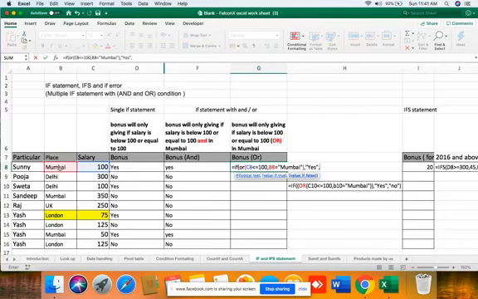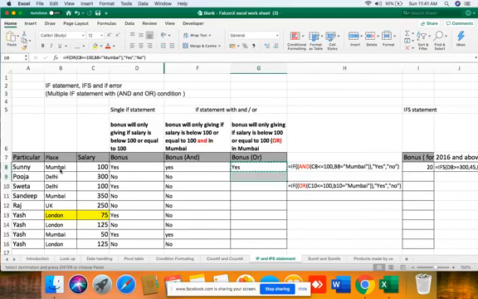As you can see here, one condition is fulfilled, that salary is equal to 100, that's why it's coming yes. Here Mumbai is fulfilled. Here 75, below 100, is fulfilled.